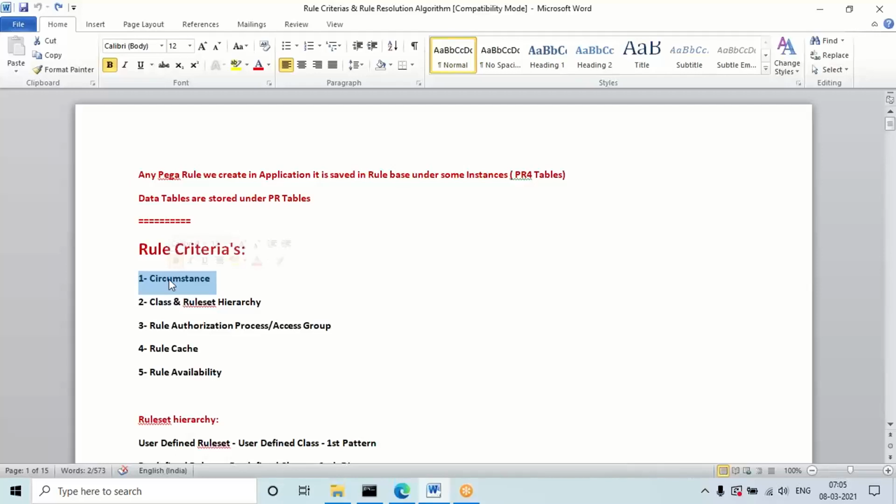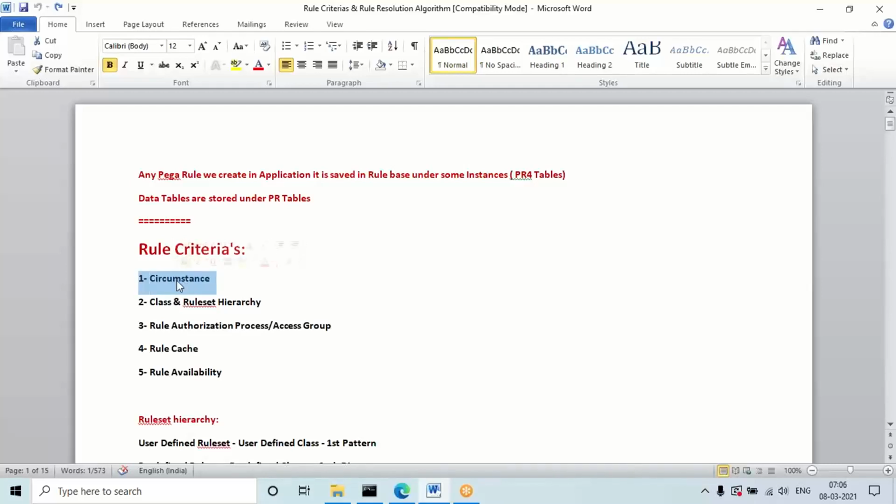That is, if you want to add OR logic for multiple variants. If we have a different set of values, or multiple records, for one or more properties we will define some variant conditions. We already discussed this topic in the previous classes. This is also one criteria that will be executed in the background when you call any rule in the application. Suppose you give input for the properties or call any UI design in the flow; if any circumstance criteria are there in the application, it is going to verify.